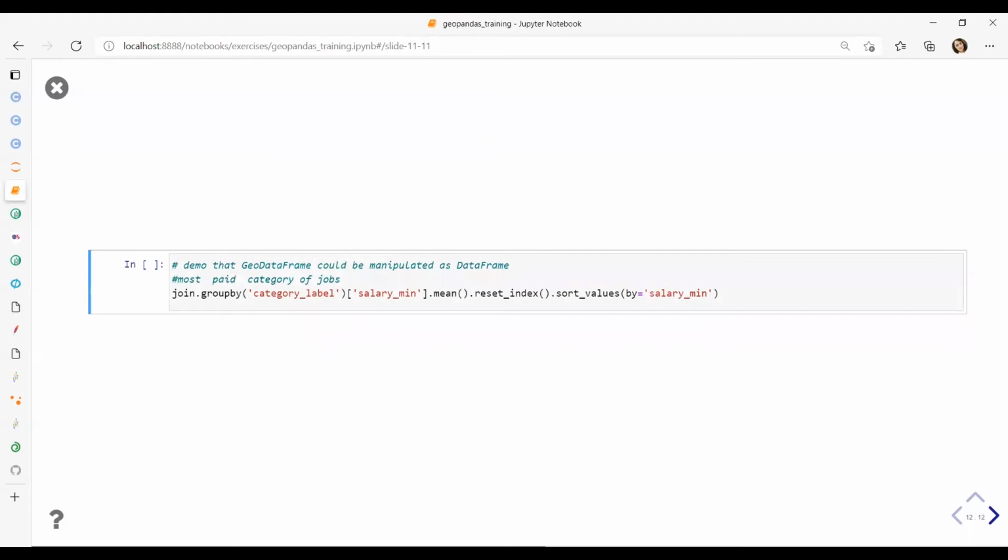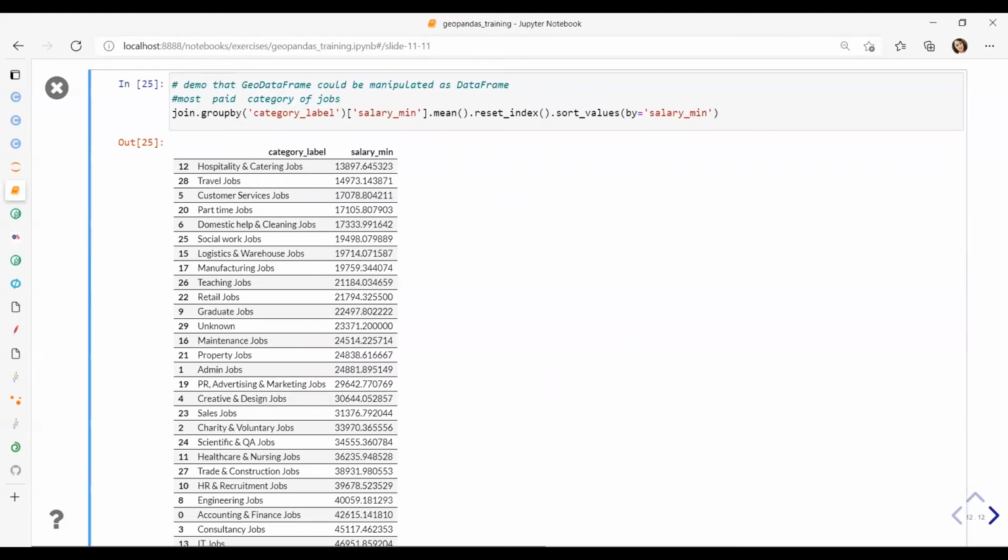Right. On this step, I really wanted to show that you can use your GeoDataFrame in a similar way as your DataFrame, and you can use typical functions. So here, for instance, I use a groupby command to find the most paid categories by finding the average minimum salary and then sorting values by this salary.